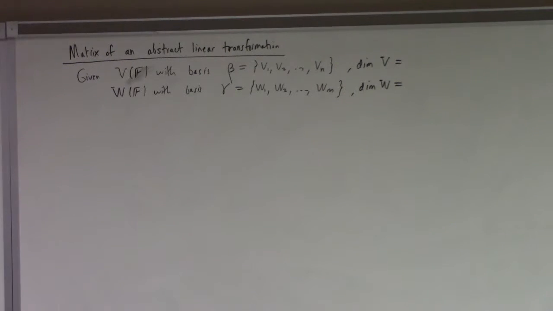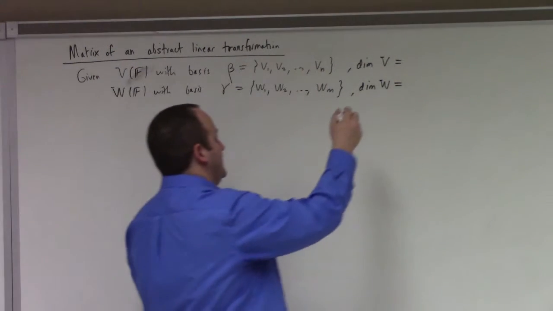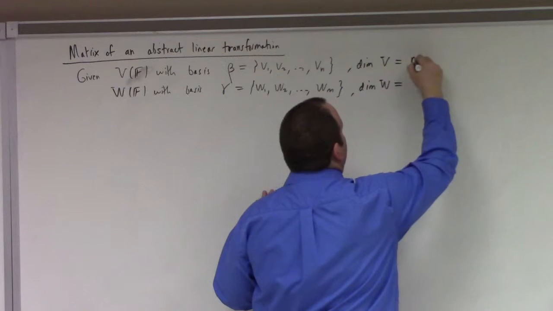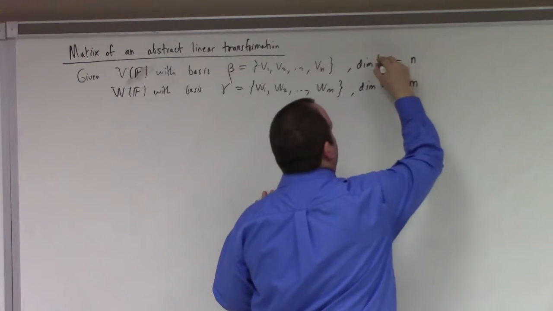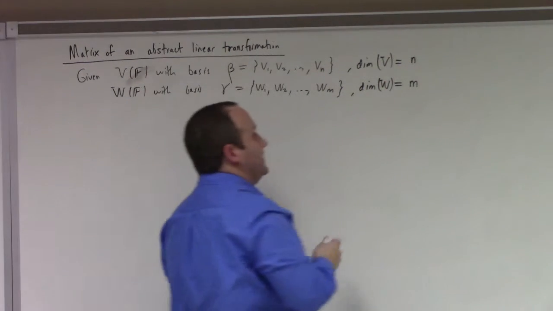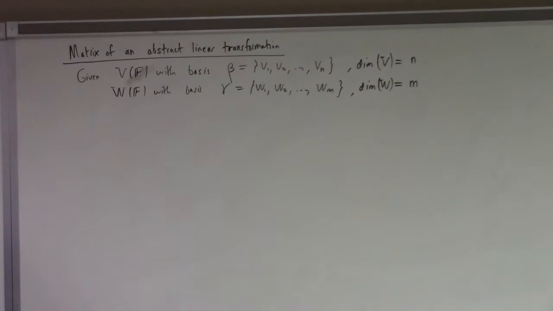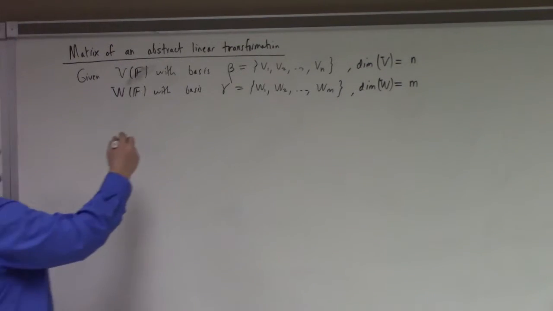Right, V is n-dimensional, and W is m-dimensional. All right, so n, m, because you can count, right? It's the number of vectors in the basis. Now what I want to do is study a linear transformation that goes from V to W, all right? So consider